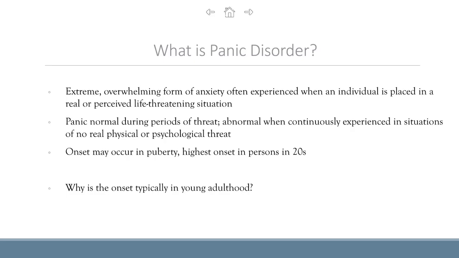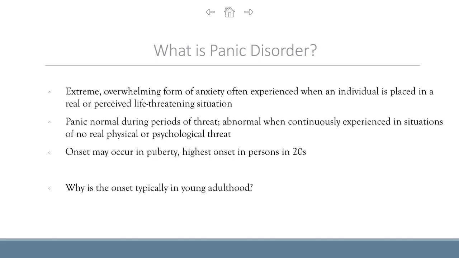So panic is normal during periods of threat, but it's abnormal when it's continuously experienced in a situation where there's no real physical or psychological threat, right? So let's say there was a shooter on campus and we were very filled with anxiety and some people started to panic. That would be a normal situation where a panic would be kind of an acceptable experience. Now, let's say a dog comes into the classroom and someone has a severe panic attack for whatever reason. That may not be considered a socially normal situation where panic would occur. And in that case, that person may have a panic disorder based on a perceived threat,